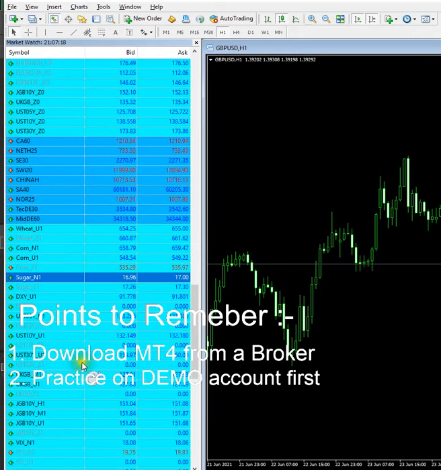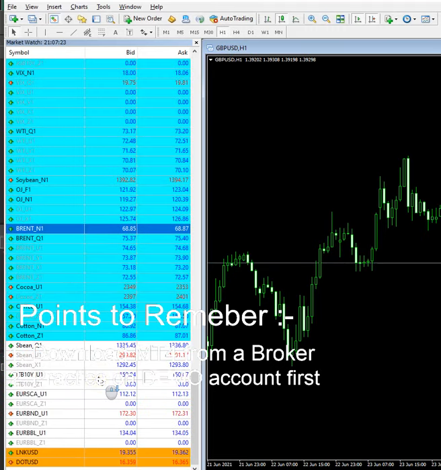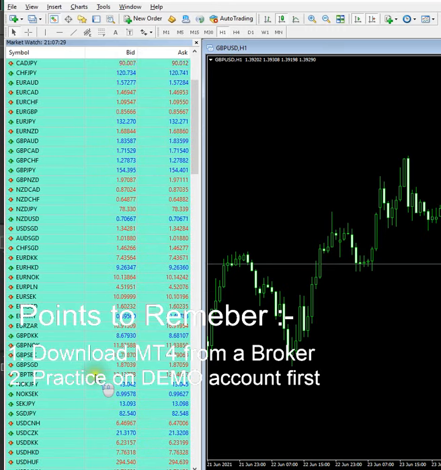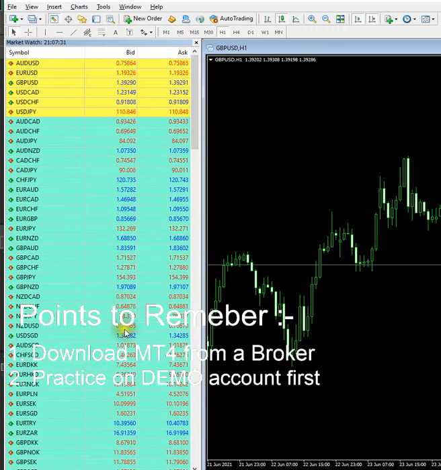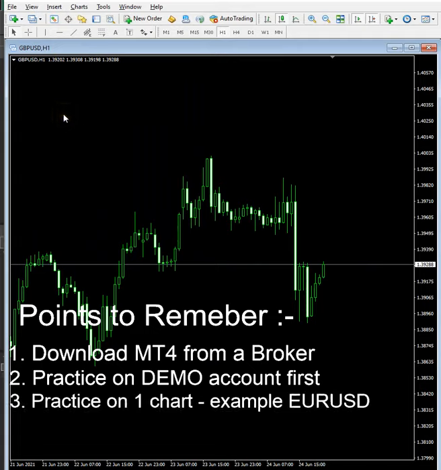And of course you can trade gold and silver as well. So this is where you'll find the list of all the things that your particular broker will allow you to trade. So I would suggest, as a new trader, that you stick with just one or two charts, maybe the Euro USD or the Pound USD. Don't open up multiple charts, don't open up 5 or 10 charts. Just focus on 1 or 2 at the most, and just get used to opening and closing a trade,